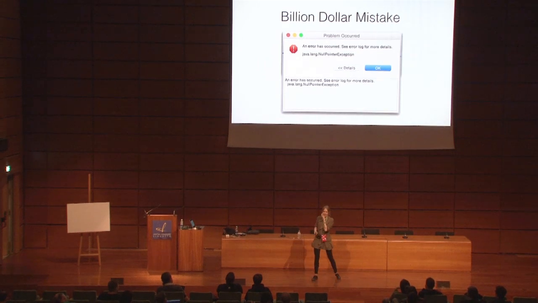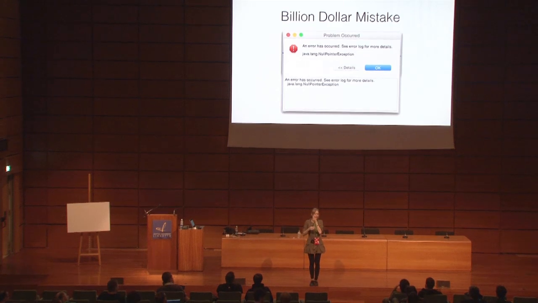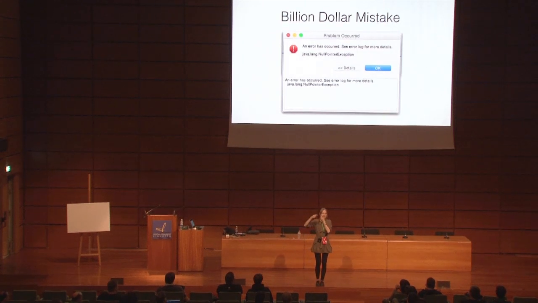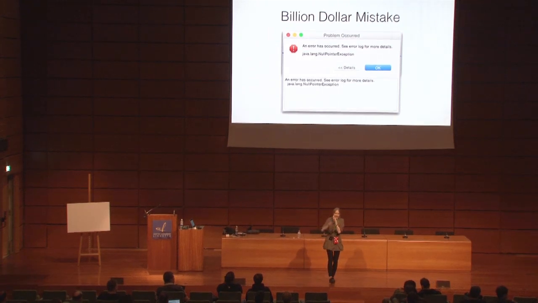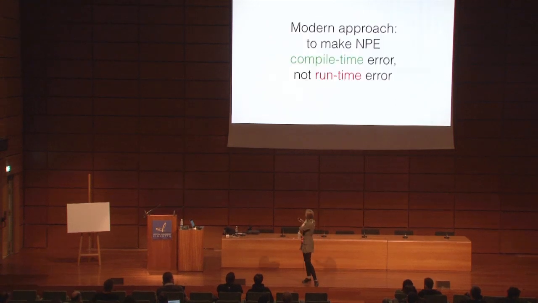Null pointer exception somewhere. And this is what Sir Tony Hoare called the $1 billion mistake, because we just can't count how much money we spent on fixing it. This $1 billion mistake, he calls it his invention of the nullable reference. The problem is that the reference can be null, and we cannot know whether it's null or not, and it fails at runtime, and all the users suffer, and that's no good.